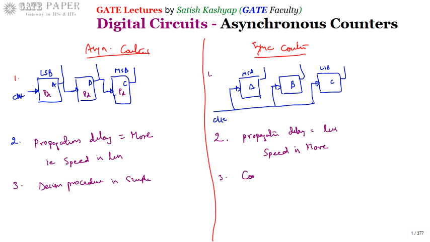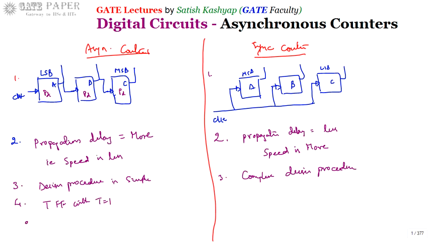So complex design procedure. The design procedure takes a lot of time. It is time consuming. Okay, since you are taking longer time for the design, the propagation delay is less. Since you are taking less time in the design process, it is taking more time in the analysis. Okay, remember in that way. Complex design process. And fourth difference, mostly the flip-flops used in asynchronous counters are T flip-flop with T equal to 1